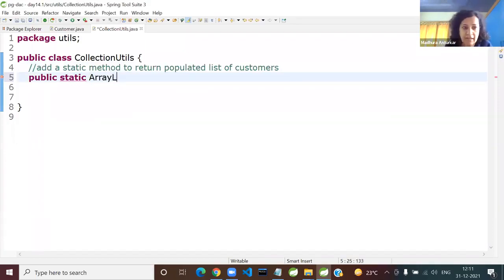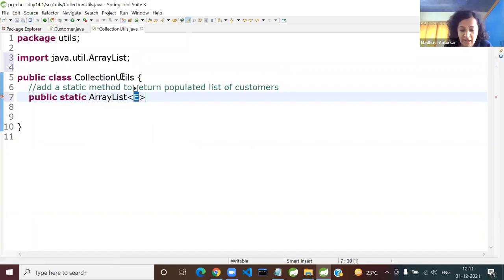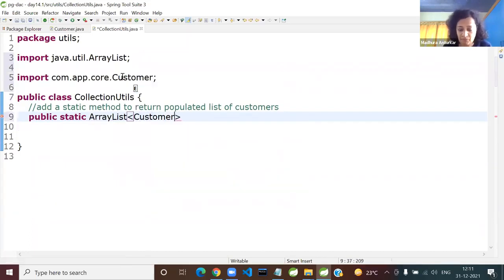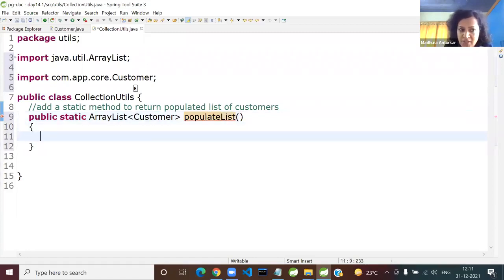So let us make it as ArrayList, and E replace it by Customer. And you can give a proper method name, populateList. And since no scanner, nothing, this is going to be the hard coded details. So here, create the empty list.